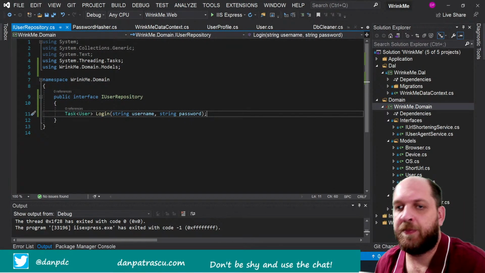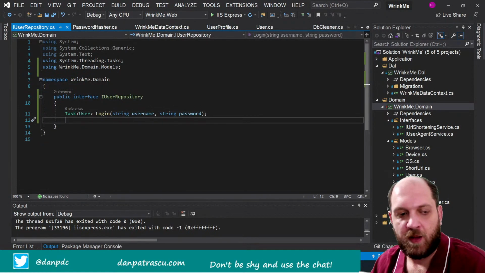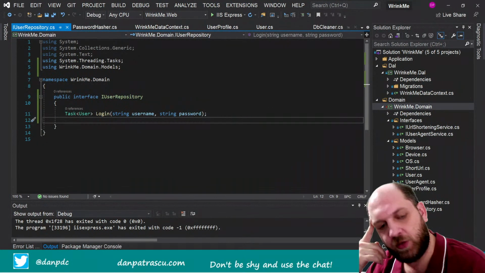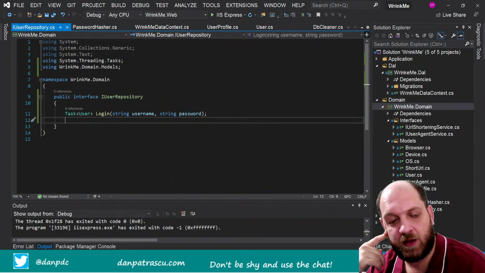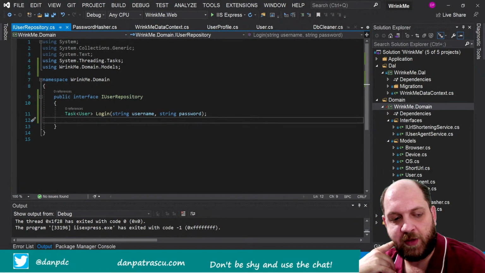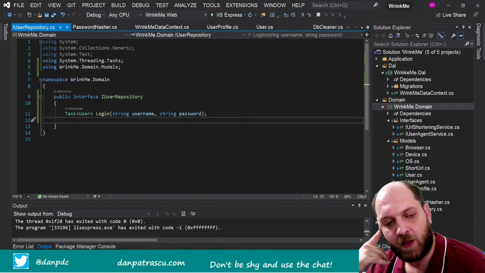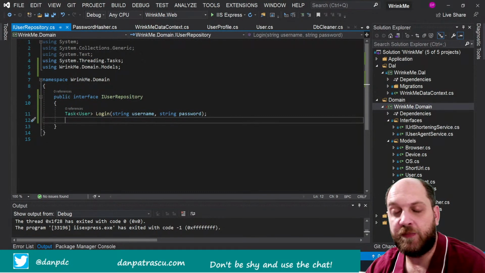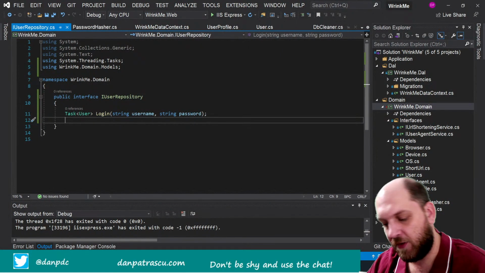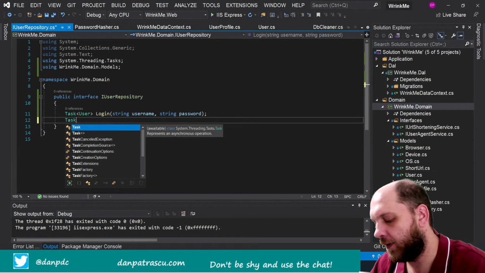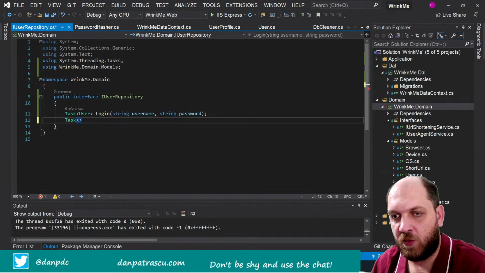And of course if we return null, then the login process was not correct. And if we think about the same way for logout, actually we don't need to implement anything in the repository, because this is really only a concern of the front end. So it doesn't really have any background domain logic in it. It's just that, hey, you just logged out of the application, but on the back end actually this doesn't change anything. But another thing that we would have to do is a Task, and we'll return here once again a User